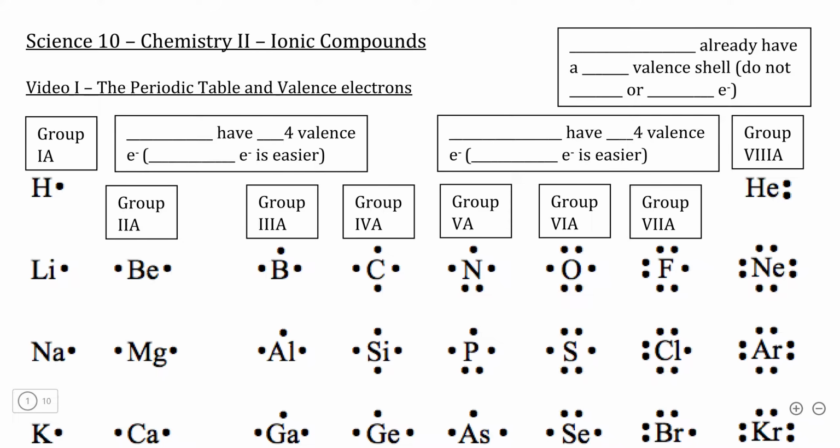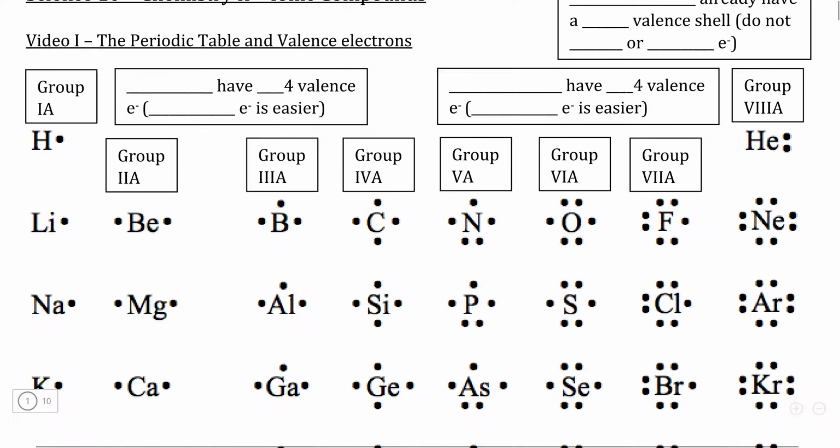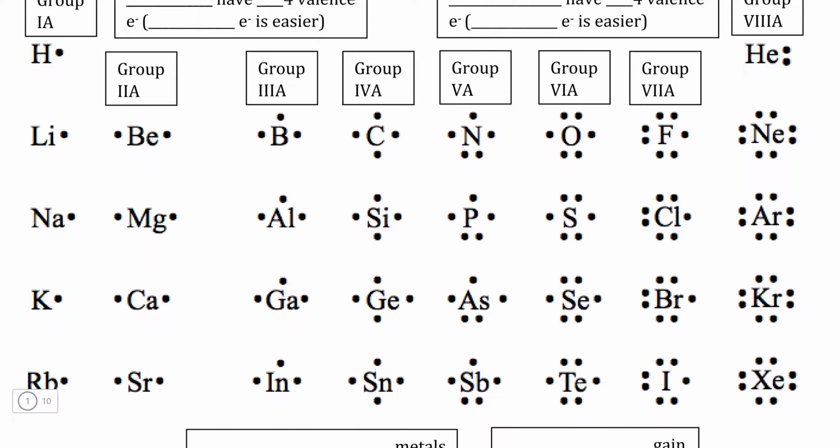In this series of videos, we're going to be taking a more detailed look at how ions form, as well as how different types of compounds are formed by combining different types of ions with each other. As an introduction to this topic, we can take a look at this version of the periodic table, which organizes elements in the same order that they're found on the periodic table, just with their Lewis structures shown,